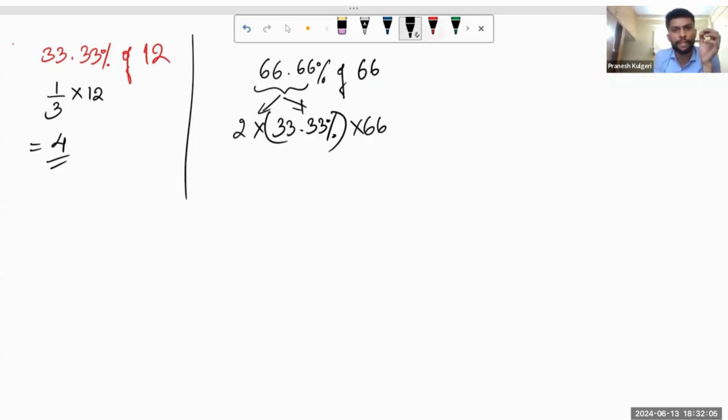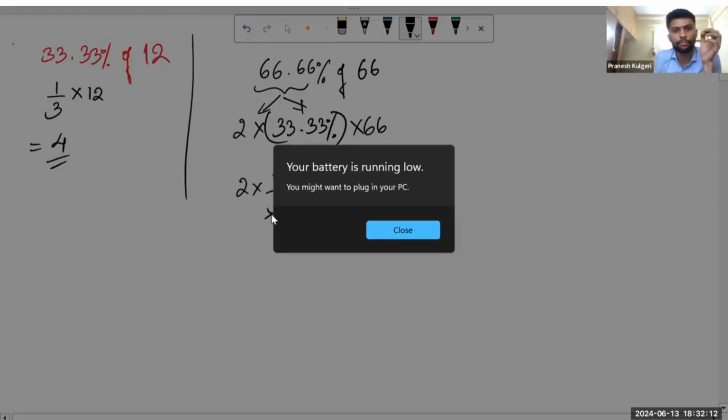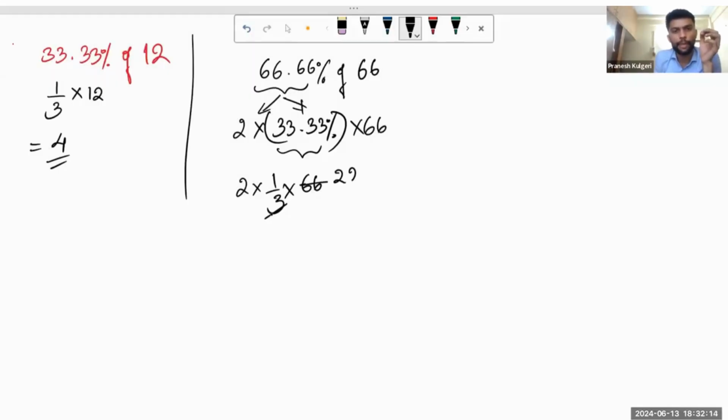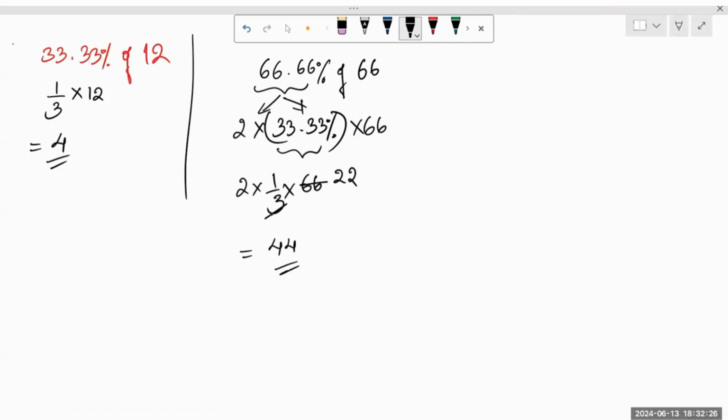What is the fractional value of 33.33? 1 by 3. 1 by 3 into 66, so 22. 2 into 22 should be 44. Understood, guys? Yes, sir. Now